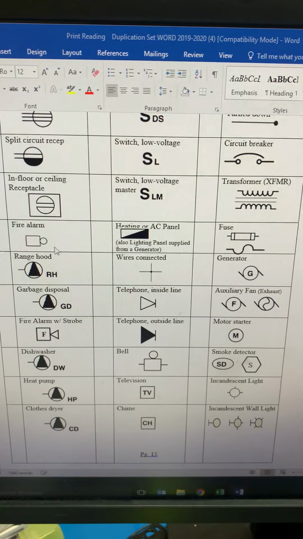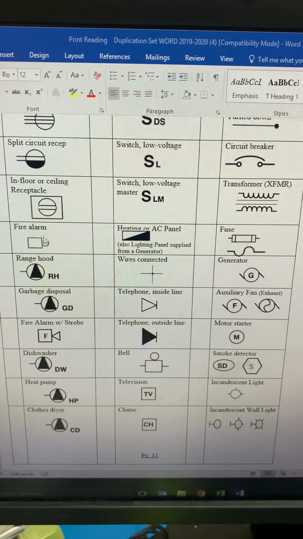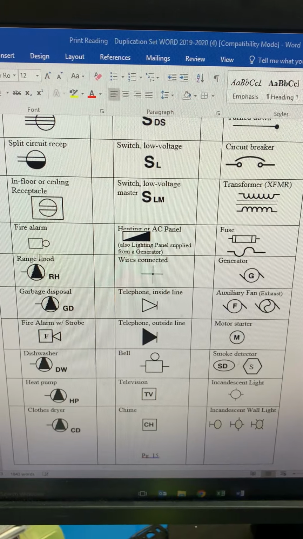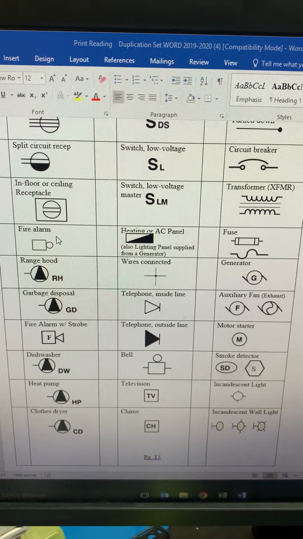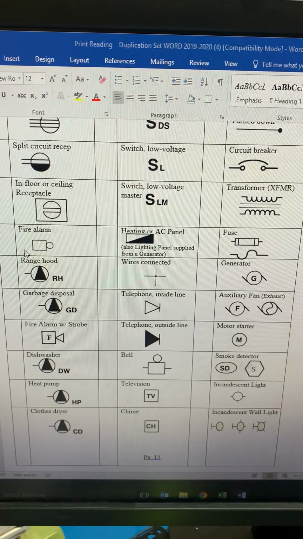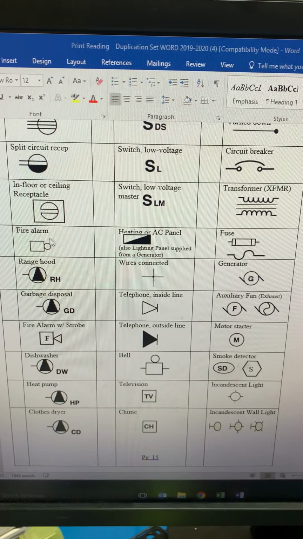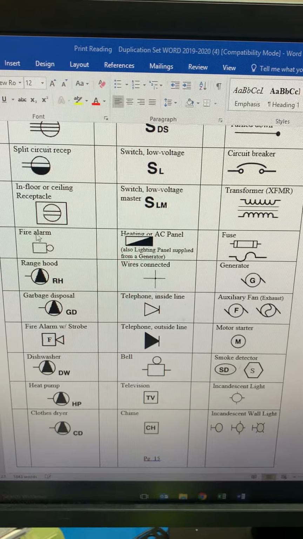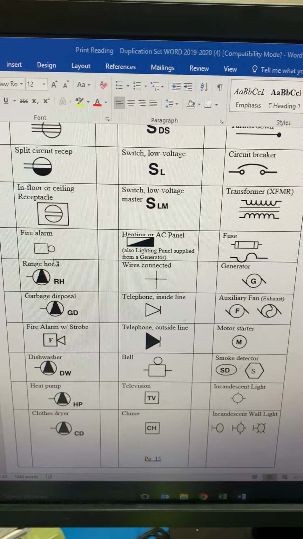Fire alarm. Commercial buildings have a lot of wall-mounted fire alarms. Each fire alarm device may have its own different symbol. You got a horn strobe, strobe only, speaker. So you got to look at your fire alarm drawings a lot of times to see exactly what fire alarm device goes there. Pull station,